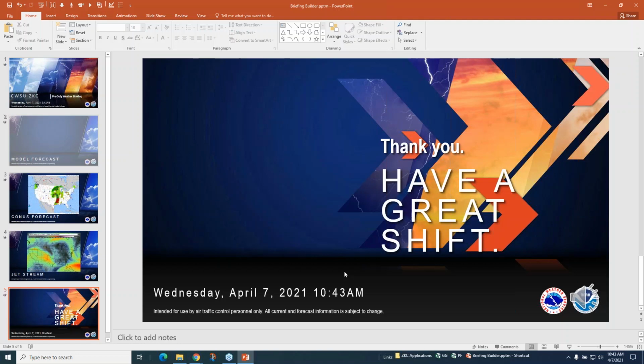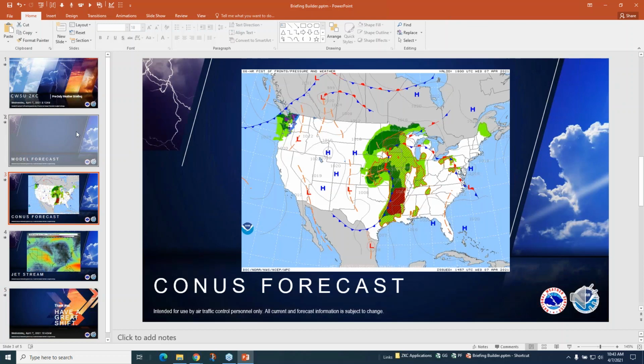Now this date and timestamp will update anytime you update the briefing with this update button up here, which I'll show in a minute, or when you save the briefing. So it's always going to have a fresh timestamp on when this was last touched by someone, so people know exactly what time or how old this product that you're putting together is. So that's the basics of how to set up a briefing. Everything else you can do just like you normally would in PowerPoint. So now I'm going to show you how you record a briefing.